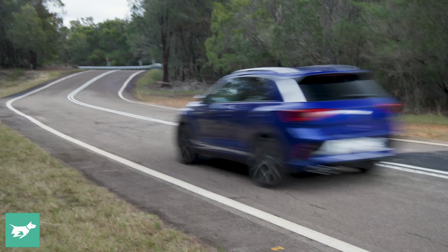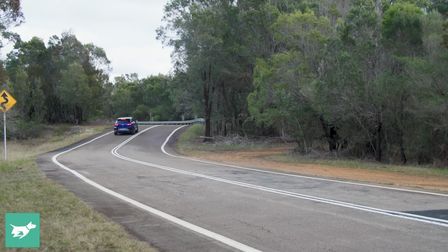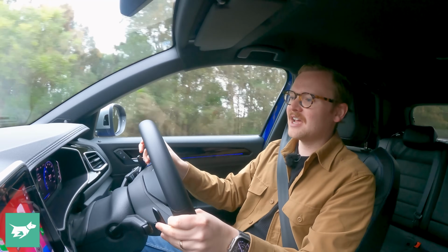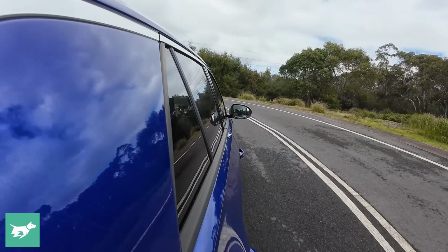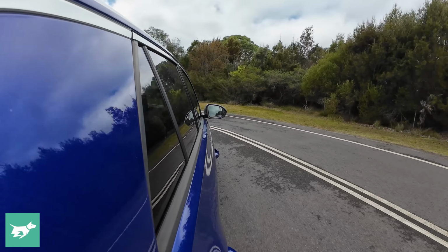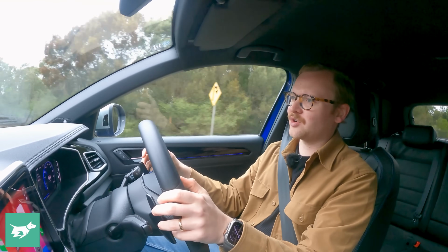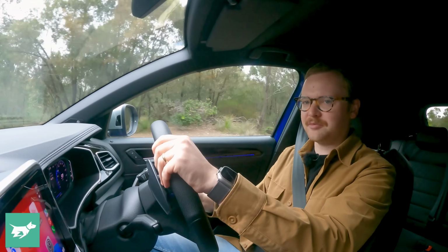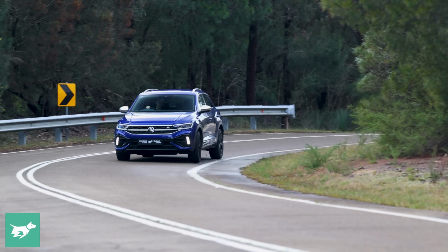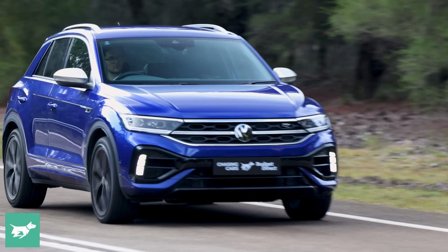There is always some torque going back there, but it's quite limited in how much the system will send in anything other than extreme conditions, and it's not really possible to power slide the T-Roc R on a normal road or racetrack. If you fully deactivate traction and stability control and you've got like snow and ice or a skid pan with water on it, you can drift this car on the throttle,